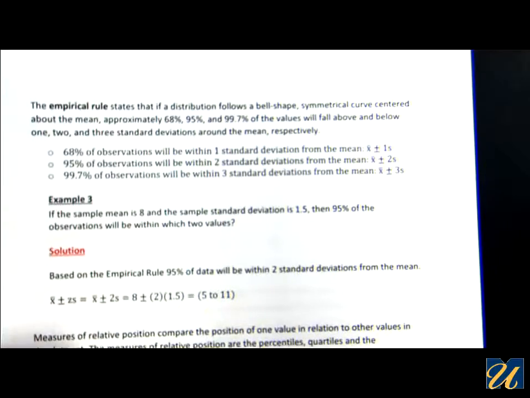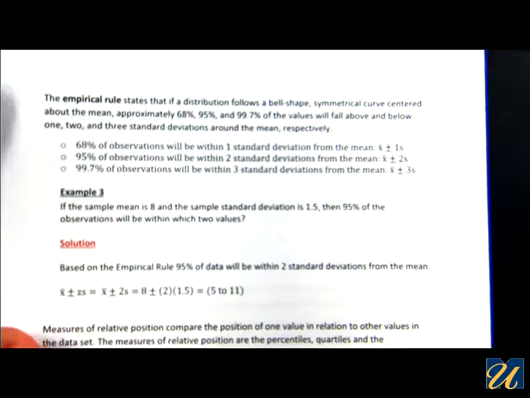Now, when it comes to the empirical rule, it states that if a distribution follows a bell-shaped symmetrical curve centered about the mean, so the empirical rule applies only to normal distribution, bell-shaped distribution, and it states that 68%, 95%, and 99.7% of the values will fall above and below 1, 2, 3 standard deviations around the mean, respectively,